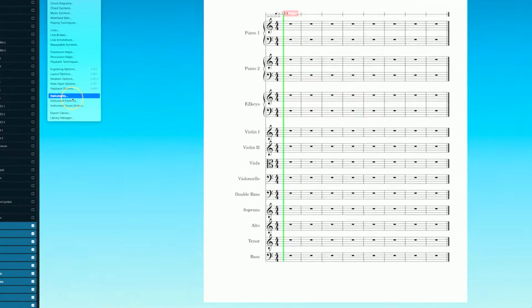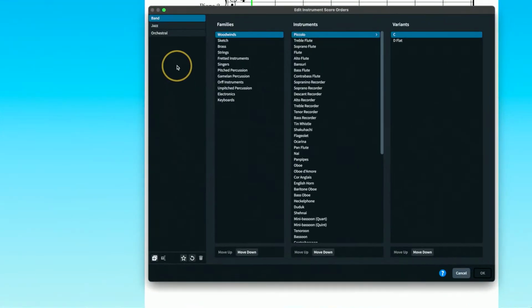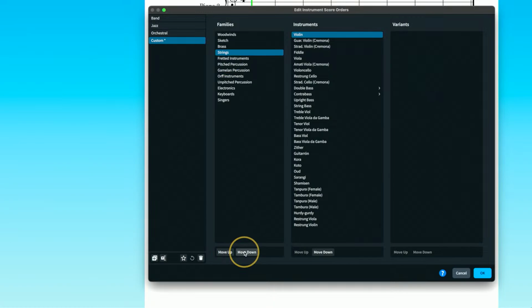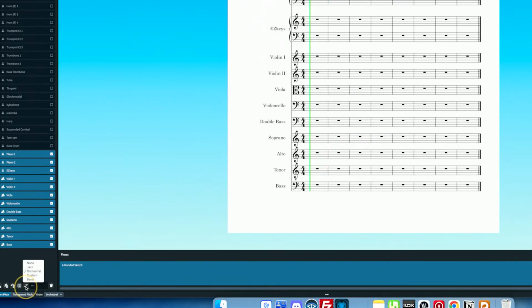Then you're going to come again to the library menu and you can go to instrument score order. And you can create your own kind of choice here, right? So if I created another one here that I called custom, and in this one I am just going to have my singers moved all the way to the bottom, and strings right on top of that, like so. And then hit OK. What we'll notice now is that if I go down here, I now have a custom option, and if I change that to custom,